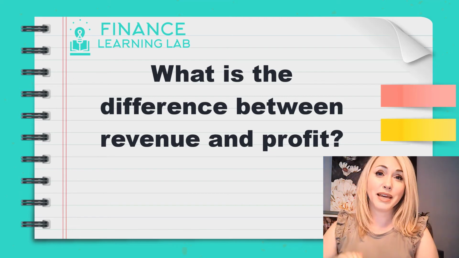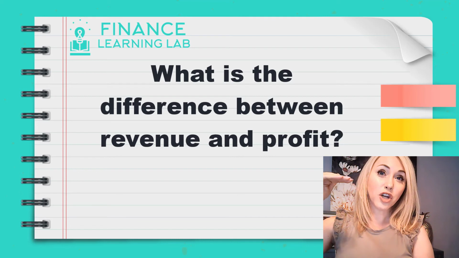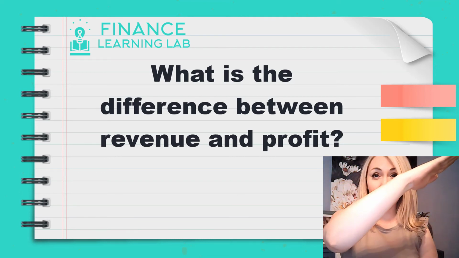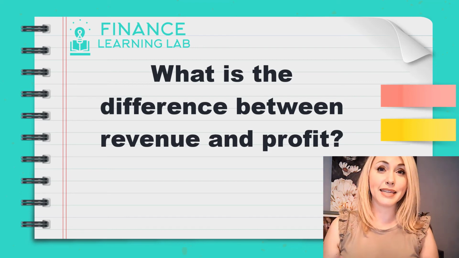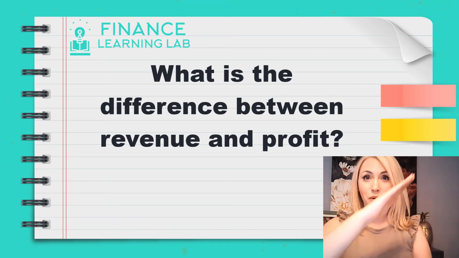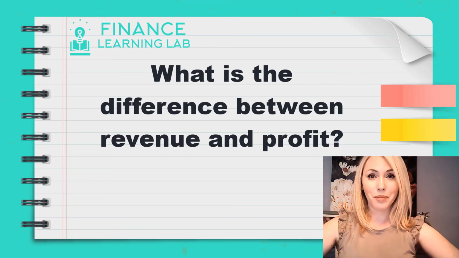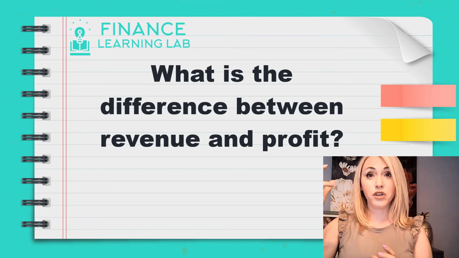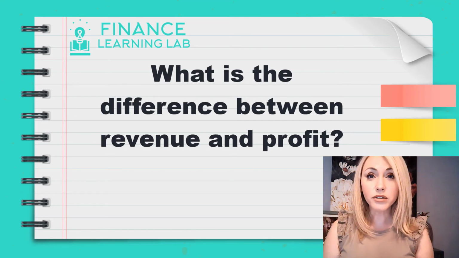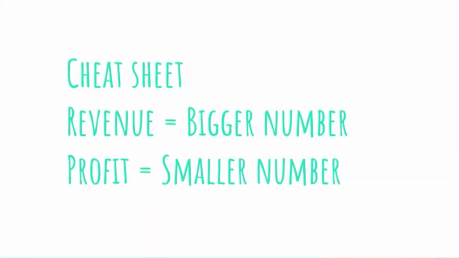So one of the things you want to be careful of as a business owner is there is no sense in growing your top line revenue, you're seeing your sales going up, if your expenses are growing faster than your sales. Because guess what will happen? If your revenue is growing really fast, but your expenses are growing faster, what's going to happen to your bottom line profit? It's going to be worse off. So you need to pay attention to both revenue and expenses so that ultimately you get profit at the end of the day that you can keep for your business, for your family, for the overall mission that you're trying to